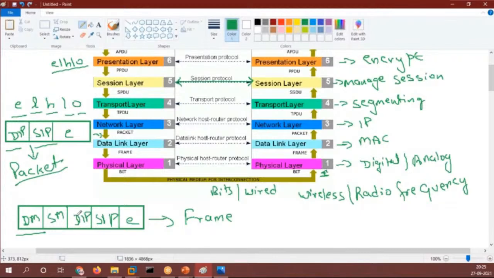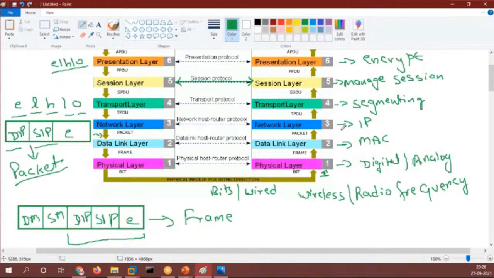So next it will check the source MAC. The source MAC is also matched. Now we are left with the destination IP and source IP. So the data link layer of your receiver side will shred this portion. So this portion is checked and it will be shredded, it will be removed, right? Now after that we are left with a packet. So from here to here we are left with this thing only. So this thing will be moved towards the network layer.